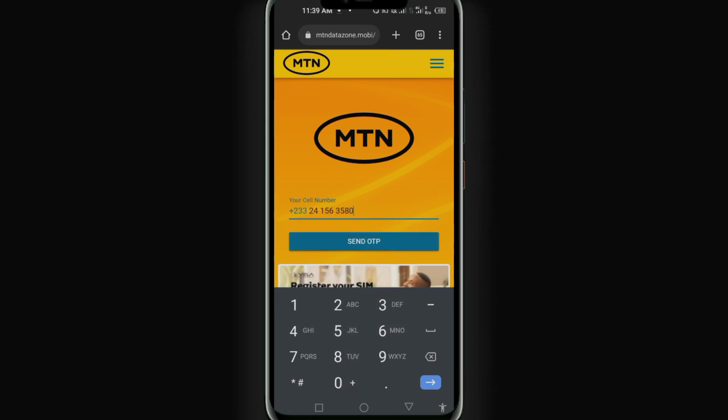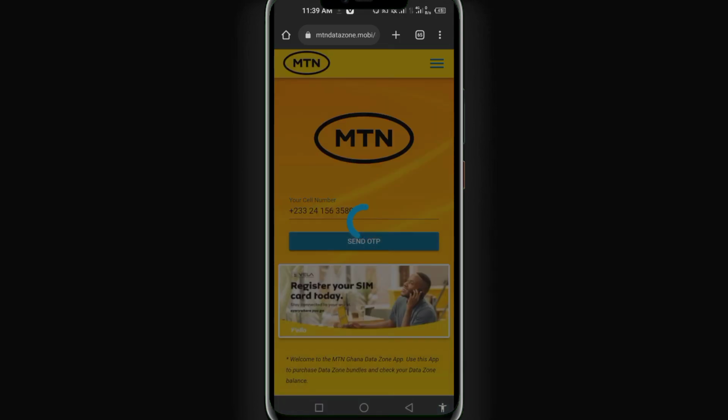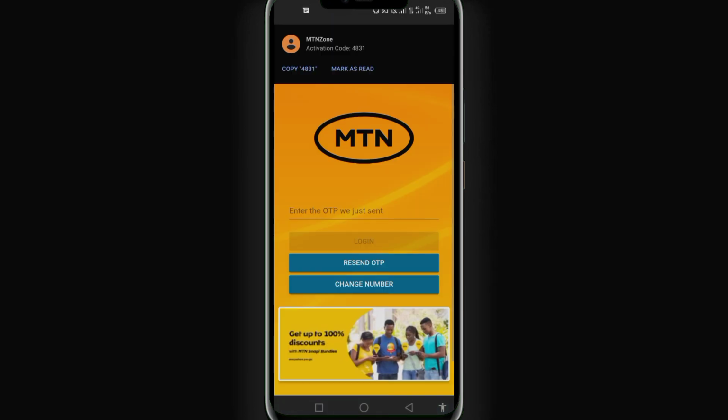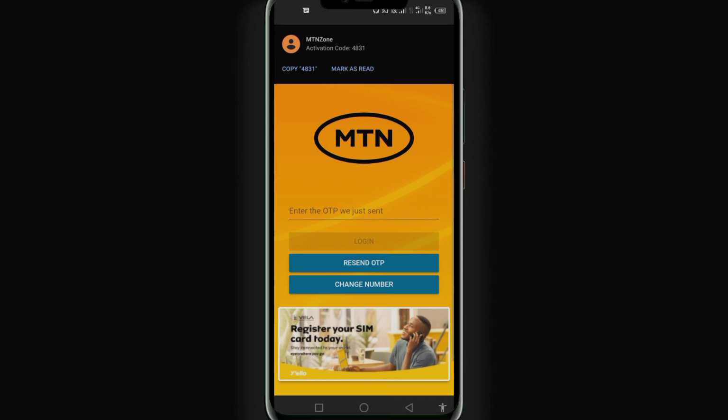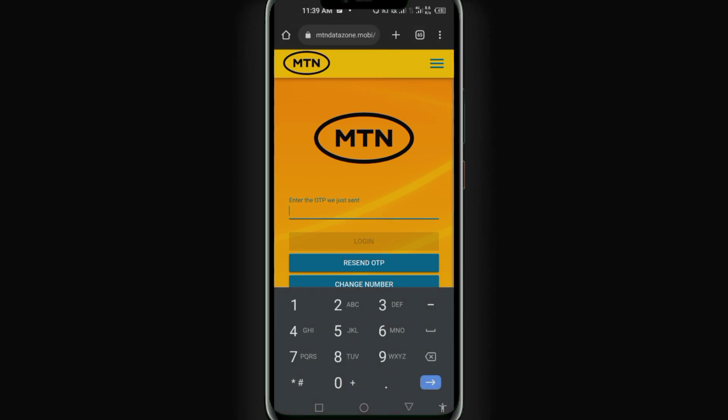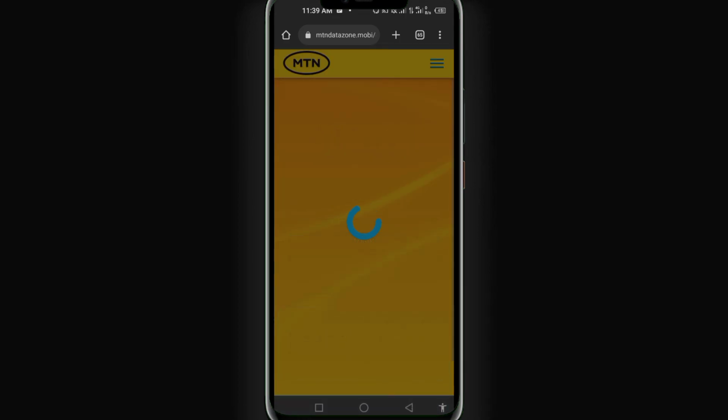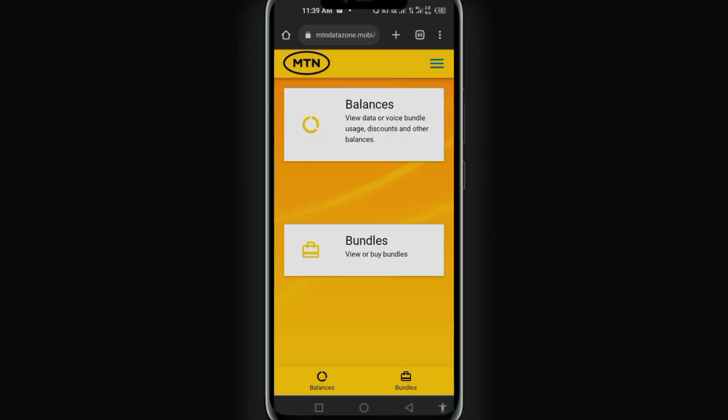All right, so I have my phone number typed here. Then send OTP. You can see that I have my OTP sent to me, 4831. That's my OTP, so I'll type 4831 over here. Then log in. Yeah, so I'm presented with this page, and you can see that I haven't bought any data today,